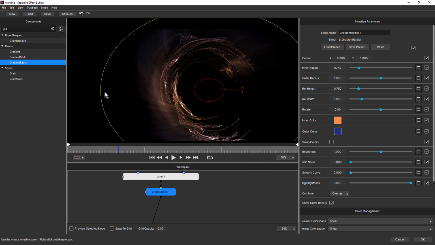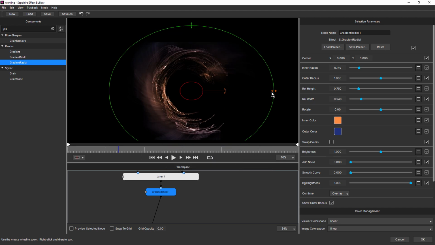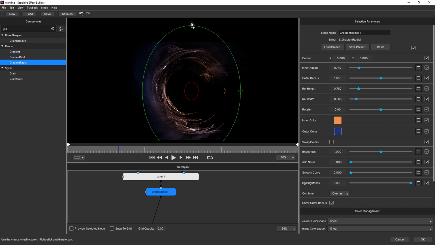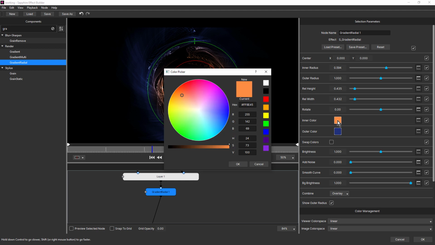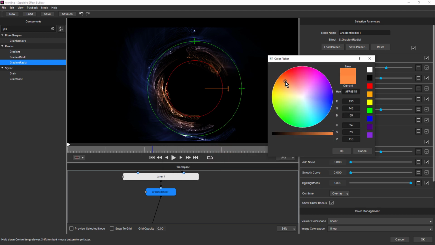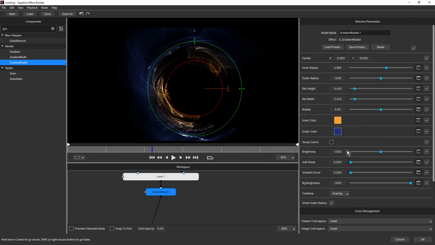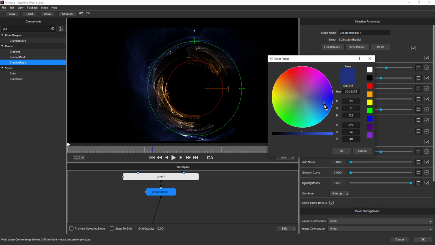And we need to change the size of this. So I'm just going to roll. Once again, having the HUD here in 2022.5 is fantastic. Okay, let's just change those colors a bit. And something a little more golden. And something a little more towards cyan.